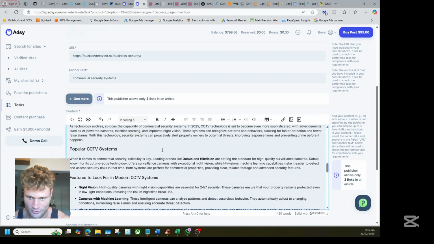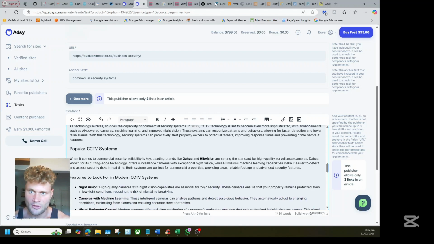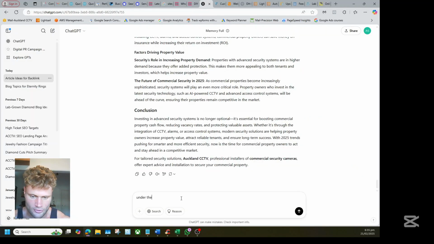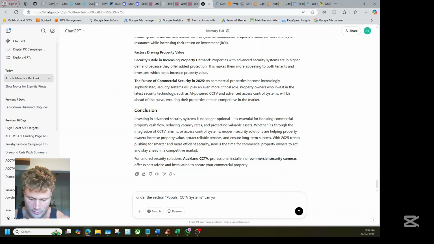Popular CCTV systems. Okay. Popular CCTV systems. I'm going to expand this a little bit. I want to put a table in here. So I'm going to say, under the section popular CCTV systems, can you please give me a table, let's say a 2-column table. 1 column is brand, the second will be unique benefits.